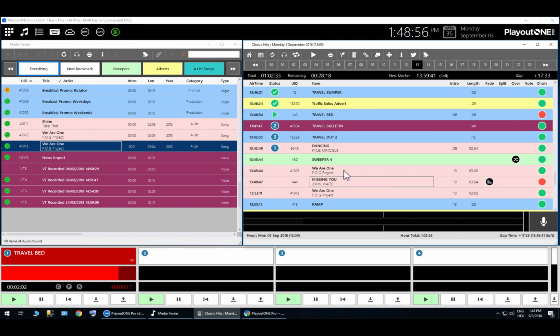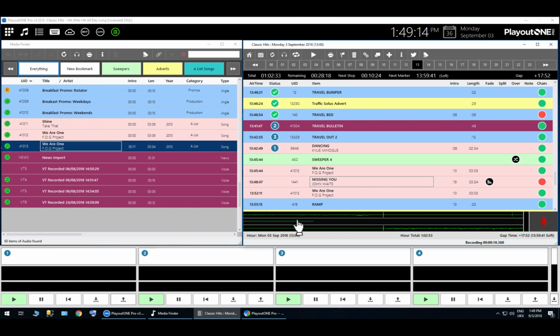If I wanted to record a voice link in between the Fog Project and John Waite, I could do it by just having this little section open here. If I click this once, it will play the last 10 seconds of the Fog Project, but it will record me here. Unfortunately, my microphone is the one I'm using to talk to you people, so it's not hearing what I'm doing now on the system, but it would have a little waveform of me chatting now. The next time I click that, it will fire the next item off,